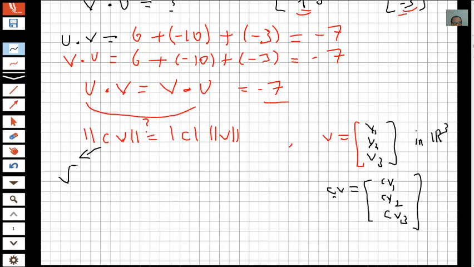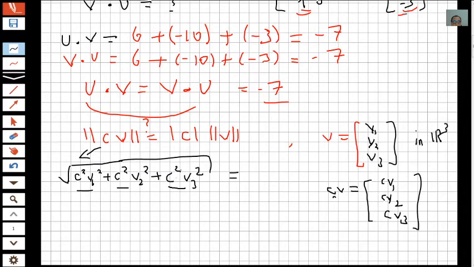the square root of c squared v1 squared plus c squared v2 squared plus c squared v3 squared. And in every term we have c squared, which means that we can take c squared out in parentheses. Therefore it is equal to the square root of c squared times v1 squared plus v2 squared plus v3 squared,